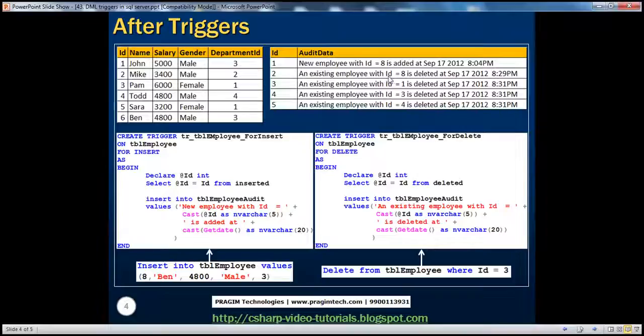Let's look at that in action. That would be much easier. Right, so here we have a trigger. Now look at this. Whenever you're creating a trigger, you create a trigger for a table and for a specific event. Okay, now for this example, we want to create a trigger on this table TBL employee for insert event,